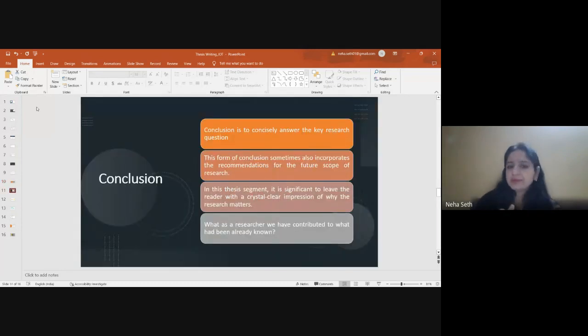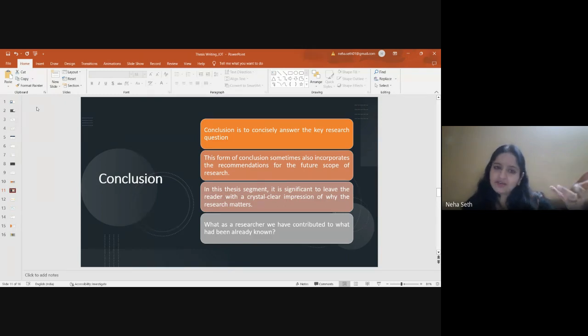The last chapter after this, or maybe it can be merged with the previous chapter as well, will be our conclusion chapter. Those who are into writing research papers might have received comments from the reviewers. This is a very general comment that we get from reviewers: the conclusion part is not very strong, or maybe the introduction part is not very strong. These two things are very important.